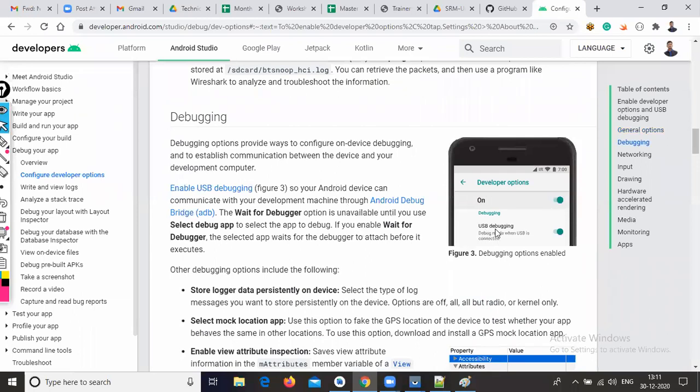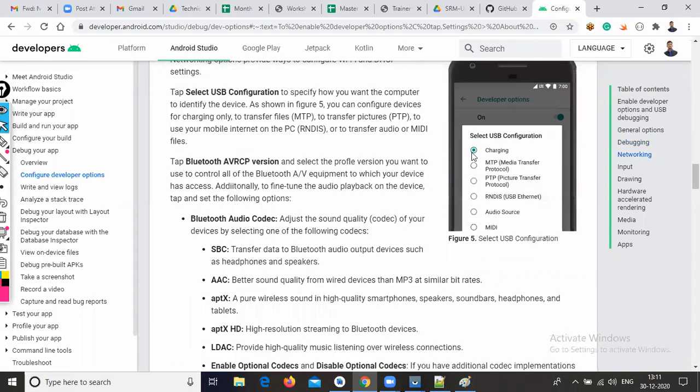After that, we have a pop-up dialog like this. Select USB configuration, charging or MTP. In your USB configuration, your phone storage should be available on your laptops or desktops. Then only your phone is available in your Android Studio.